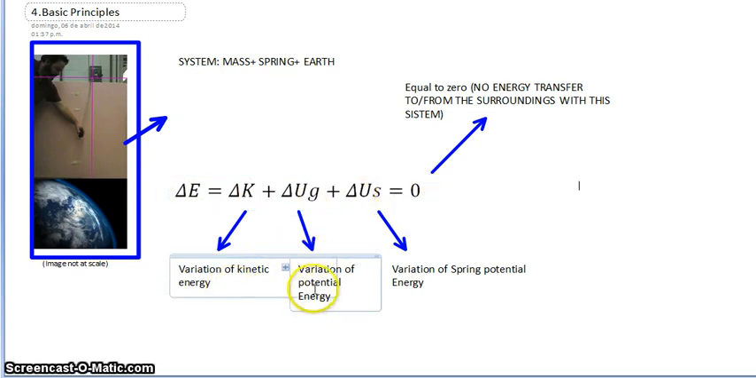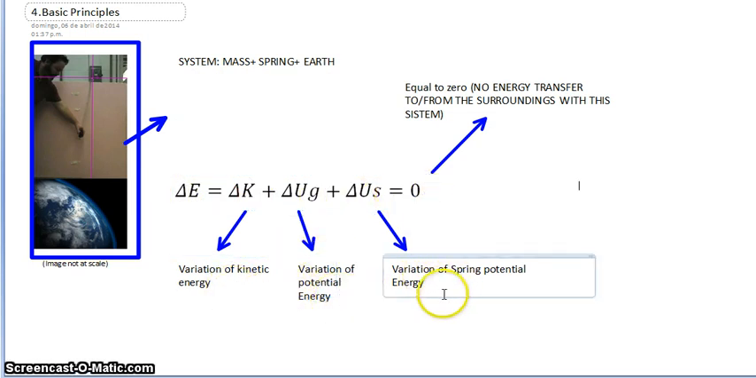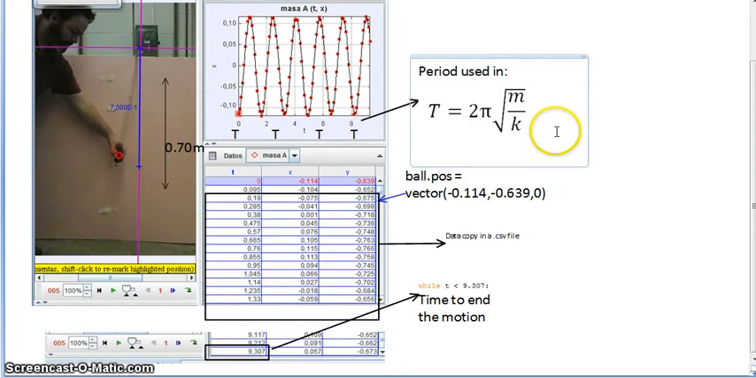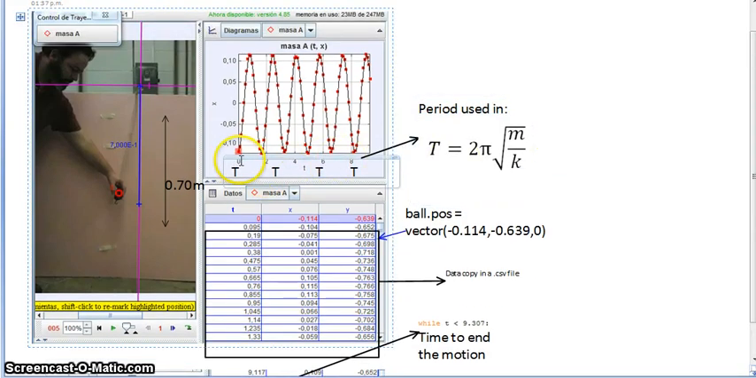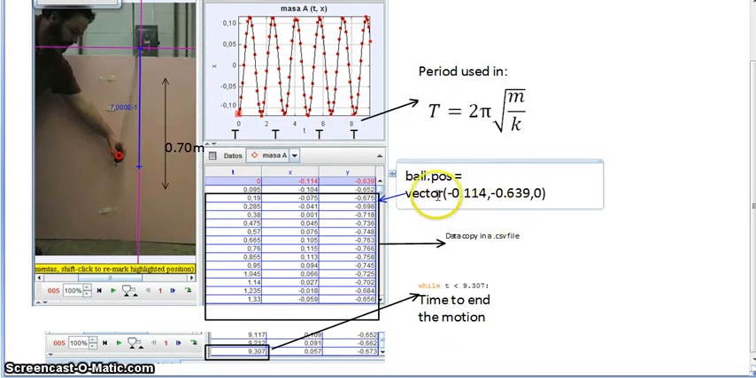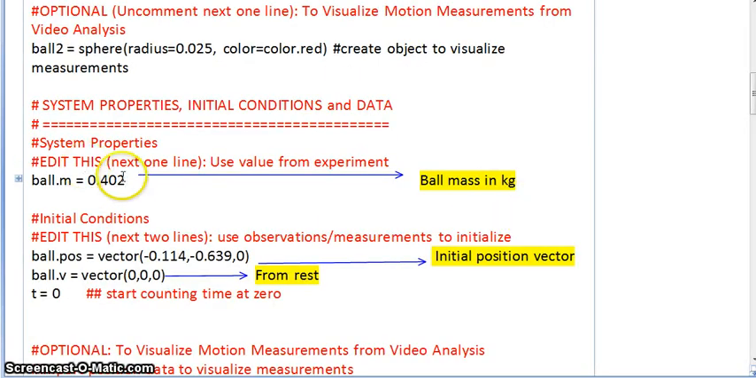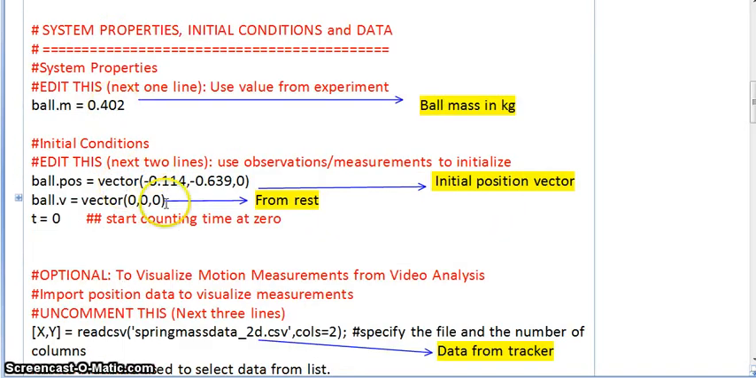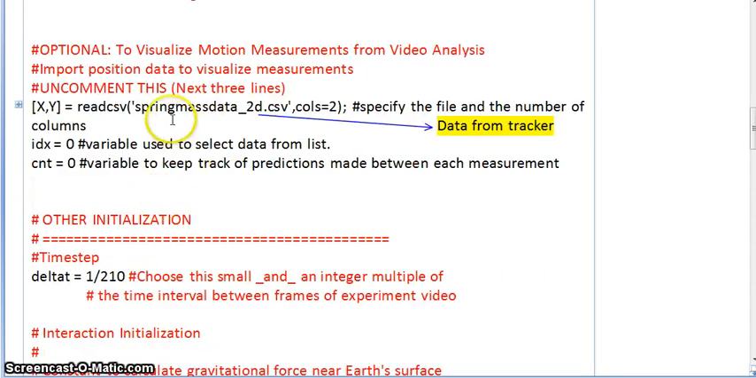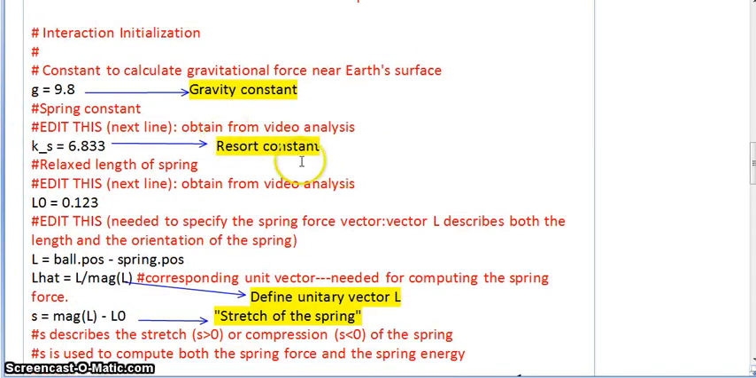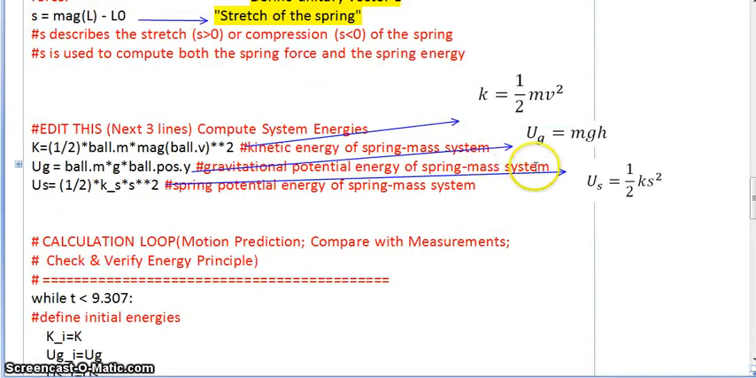Variation of kinetic energy, variation of gravitational potential, and variation of spring potential is equal to 0. From Tracker, we take some values of T, an initial position, and a final time. We found the value of k considering the value of T obtained from Tracker. Running the code, we have these variables: ball mass, ball vector, spring mass data, gravity constant, resort constants, and this value corresponds to the system energy,